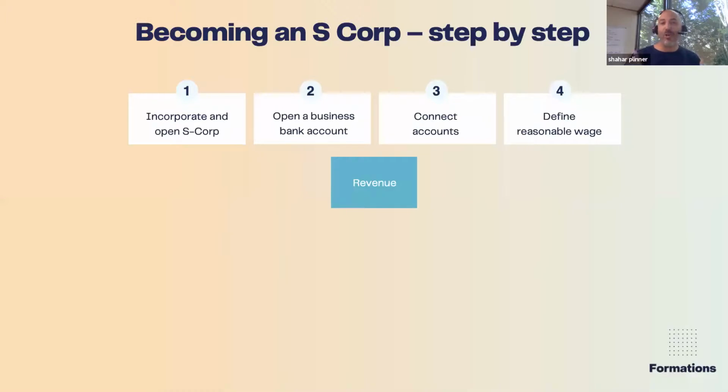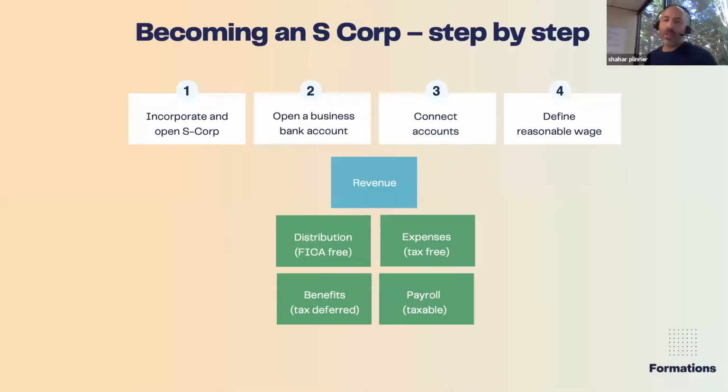We open a separate business bank account so we can connect Xero into your business bank account so we can start collecting revenue, but even more important is to stop this co-mingling between business and personal. Business expenses should go into the business side and your personal expenses should go on the personal side. And then once we connect Xero into your accounts, this is the accounting brain, the cloud accounting solution. We start monitoring your expenses.